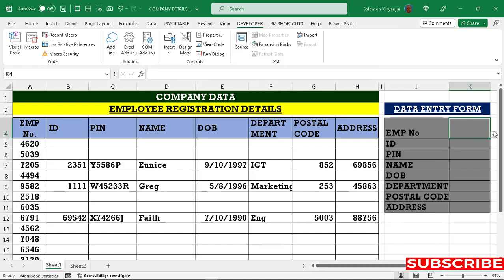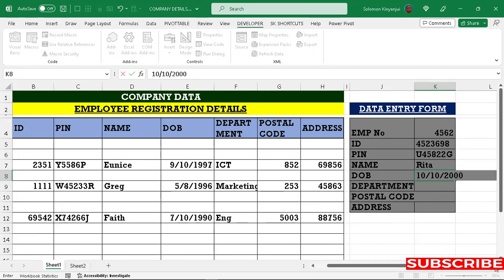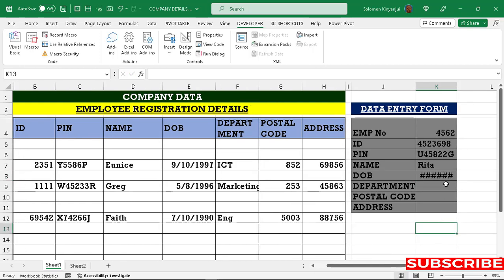So we select, for example, this one here, this number 4562, so 4562, so then we type ID, so type the pin number, so type the name, so date of birth, so that is the date of birth,